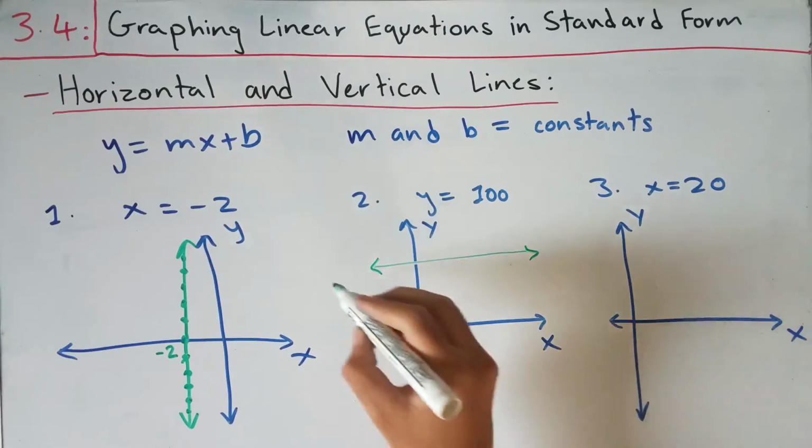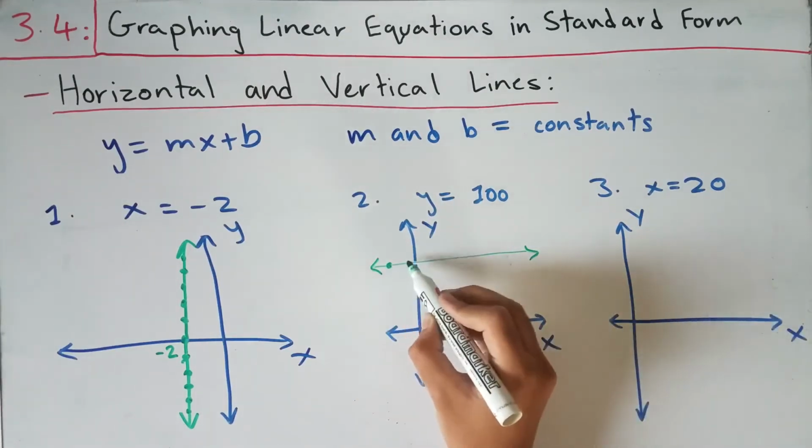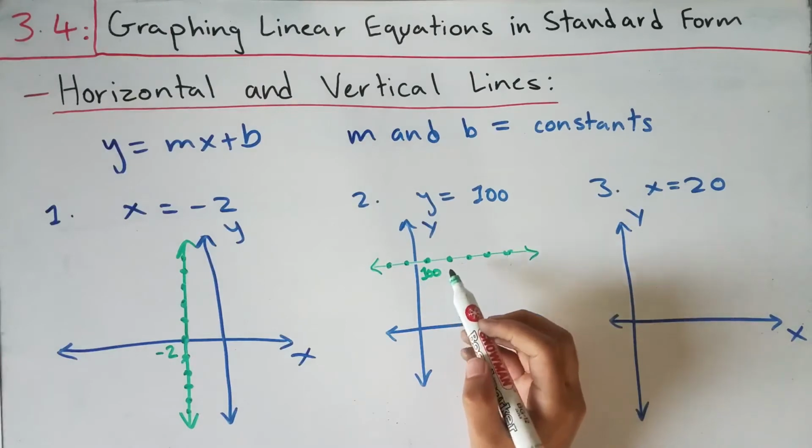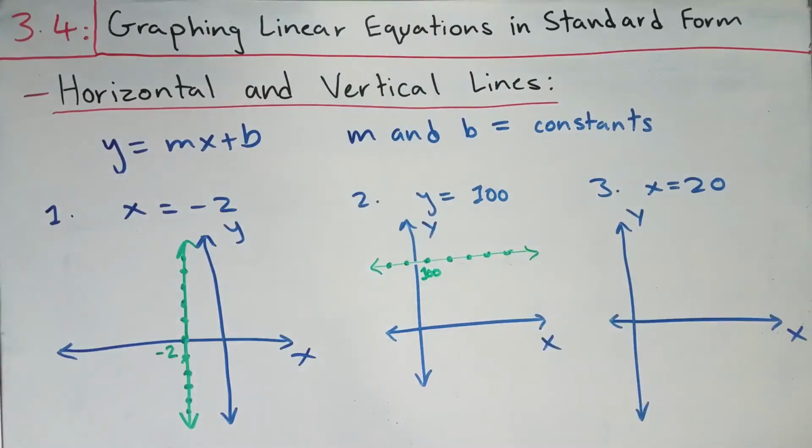So for all the x values along that number line, you could have an x here, here, and so on. So this line will intersect the y-axis at 100. In number 3, we're given x equals 20. So this time we know that our x value is restricted to 20, so we can put a point at